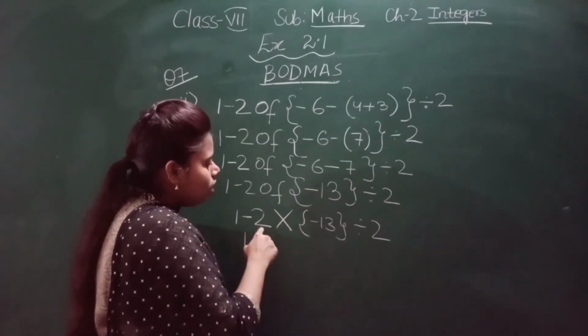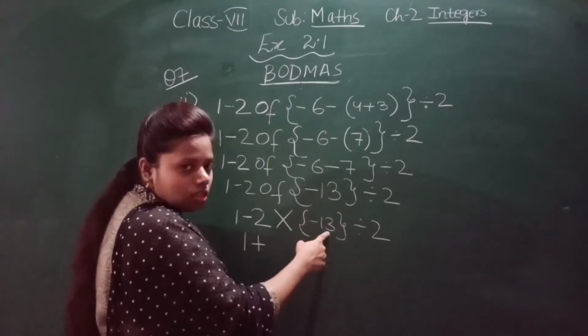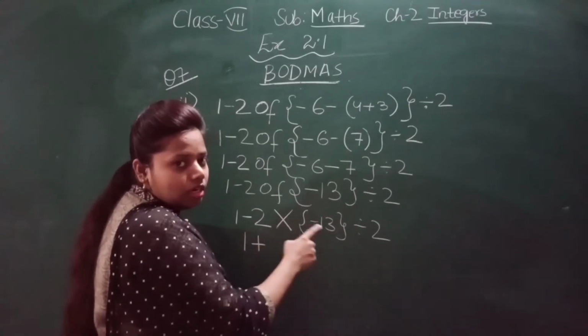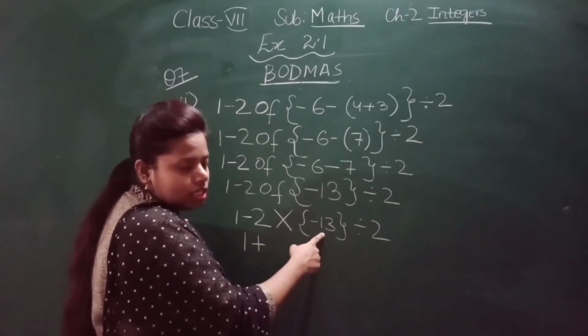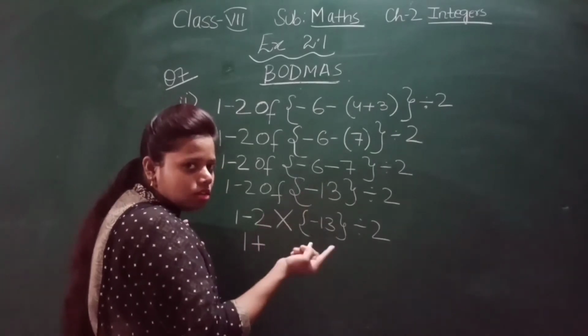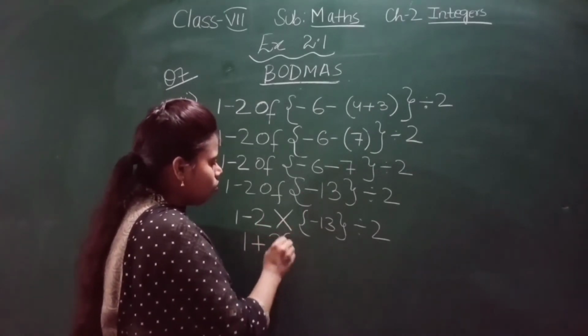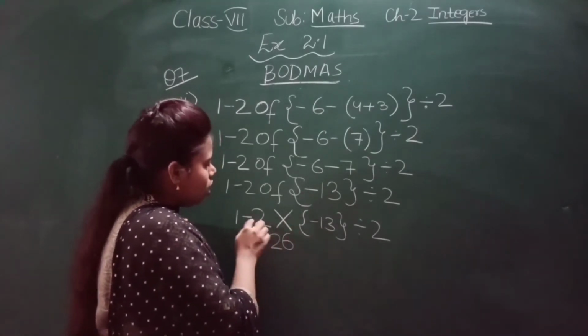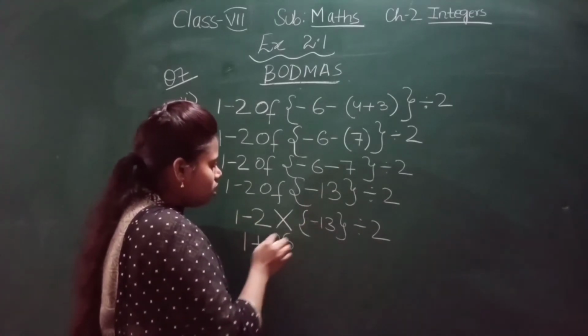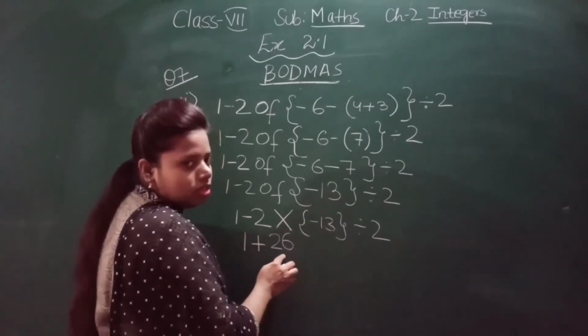Minus, minus, plus. Okay, now let us multiply this 2 into 13. 2 into 13 will be how much? It is 26, or you can say 13 into 2, it is the same only. So what we got? Plus 26. Again I repeat, minus minus plus, 2 13s are 26.